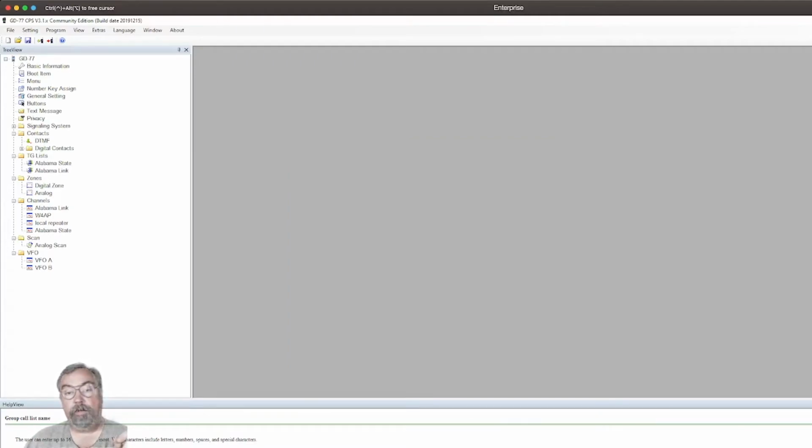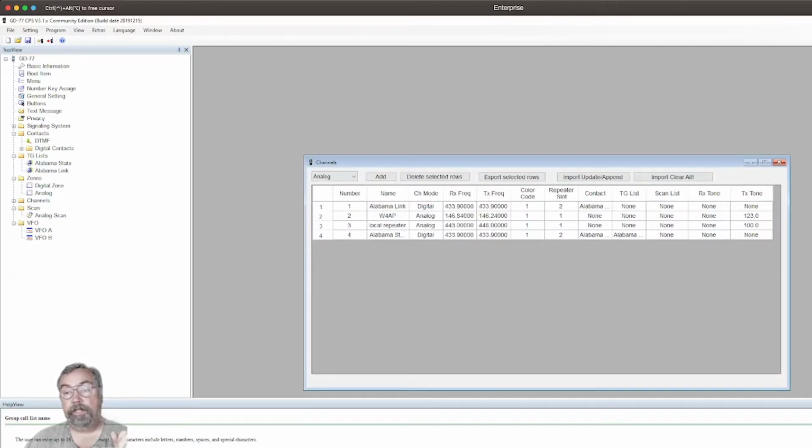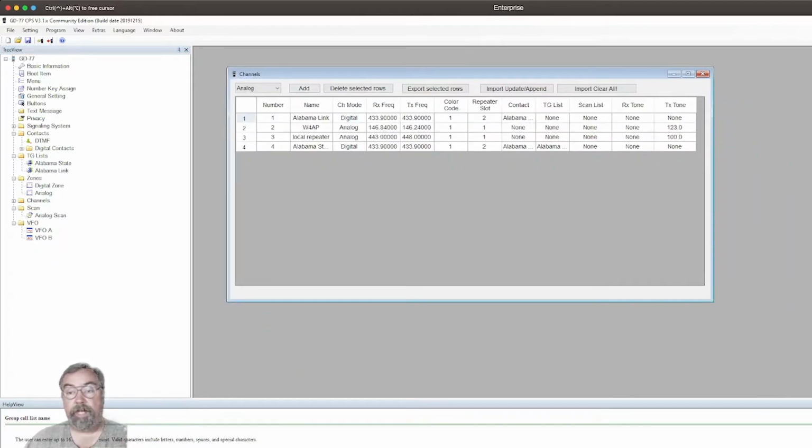So there's your talk group list. That's step two. Step two is done. Step one is contacts. Step two is talk group lists. The third item that we have to do is channels. So we pull up our channel list. Now I've got some channels already in here, 2 digital channels, 2 analog channels. So if I pull up one to edit,